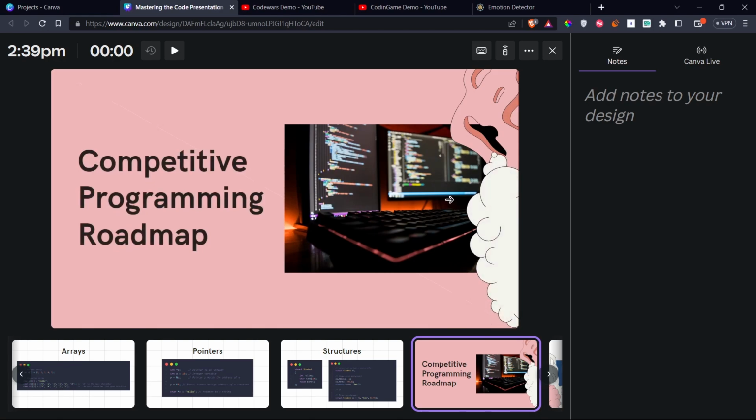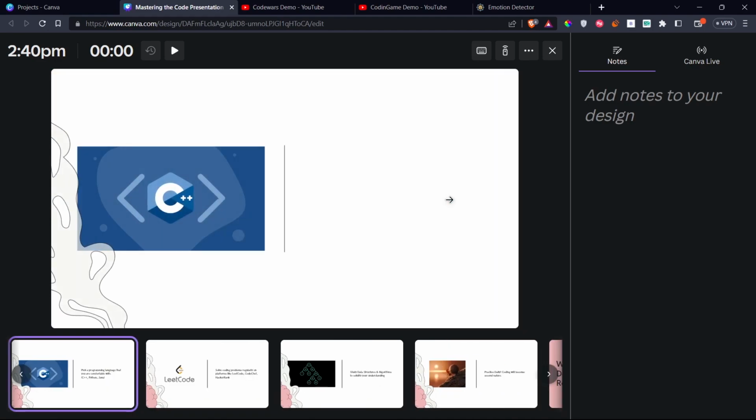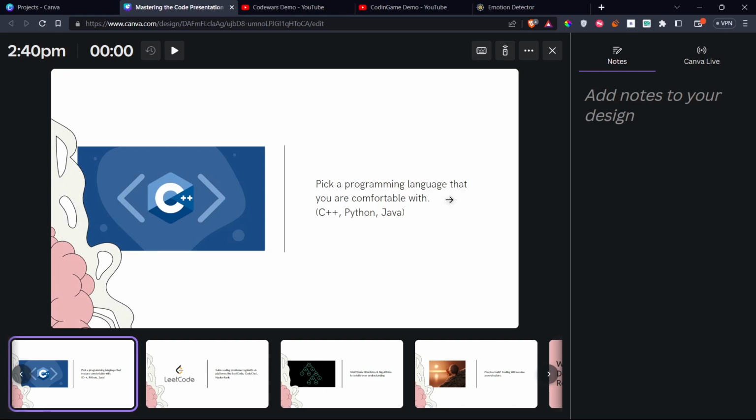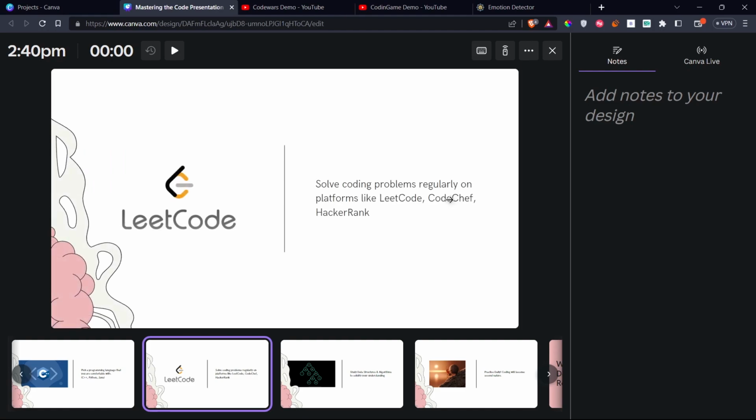Now for those who already have experience in coding, this is the competitive programming roadmap that can be utilized for placements and coding contests. The first step is to pick a language that you're comfortable in. It can be either C++, Python or Java, though the safest bet is C++ because most companies prefer when the candidate codes in this. Python and Java are good alternatives too. The second step is to pick an online platform where you can hone your coding skills. The most popular one is LeetCode, which is used a lot during placement preparations. CodeChef and HackerRank are other alternatives too.